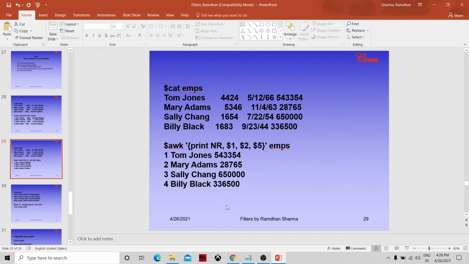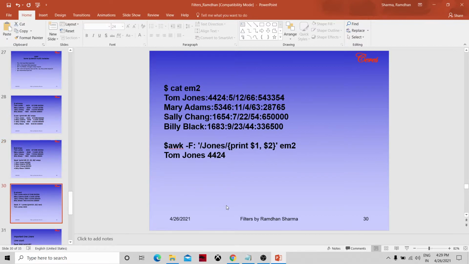Likewise, if you want to print the number of the record and then particular fields, $1, $2, $5 we can specify. $1 is the first field, $2 is the second field, $5 is the fifth field. We just printed the name of the person and the salary. Likewise, we can do many more things. AWK -F is used to specify the field separator.